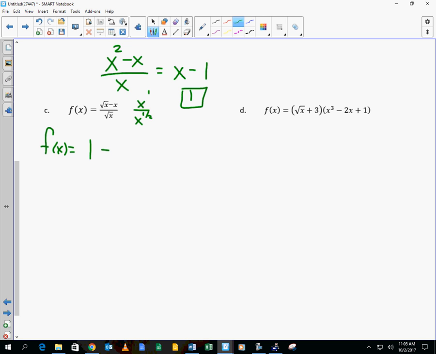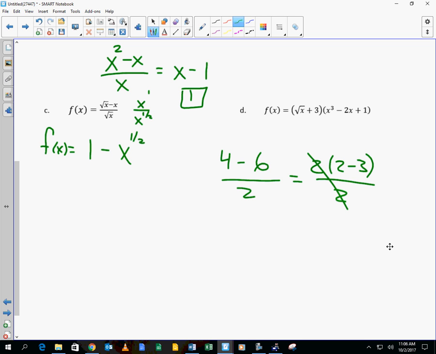So let's try this. I'm basically factoring a root of x out of the top and dividing it with the bottom. So for example, if you have 4 minus 6 over 2, isn't that the same thing as 2 times 2 minus 3 all over 2? You're just dividing each one of those terms by 2 is all you're doing. So that's totally legal. By root of x. And then x to the 1 divided by x to the 1 half leaves me with x to the 1 half. We subtract the exponents. And 1 minus a half is,